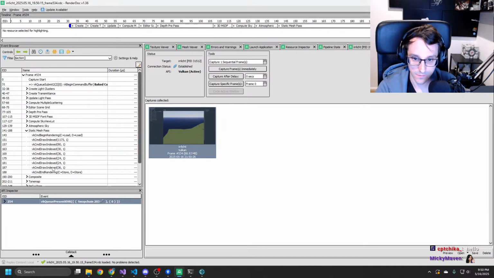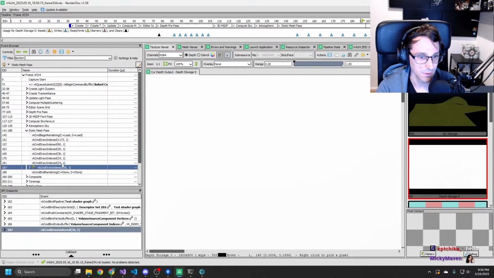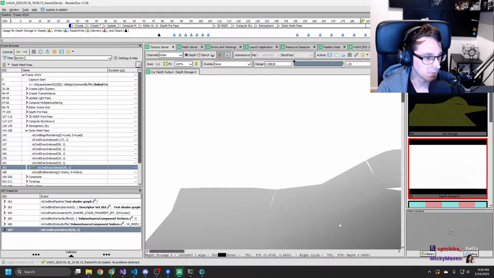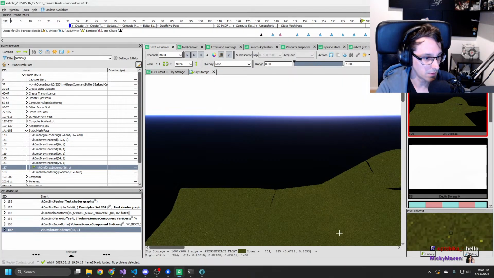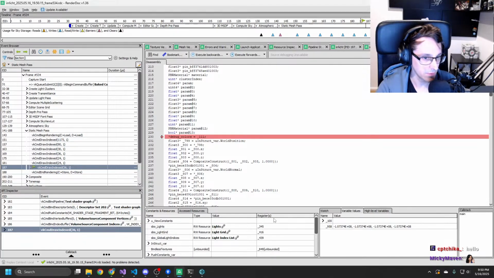Static mesh. It's you, right? Yes. Okay, and then we take one of those pixels here, which, yeah, perfect. Then we debug that one.